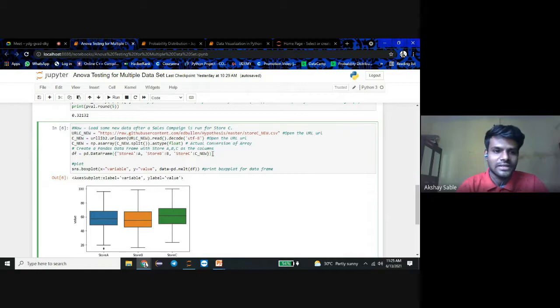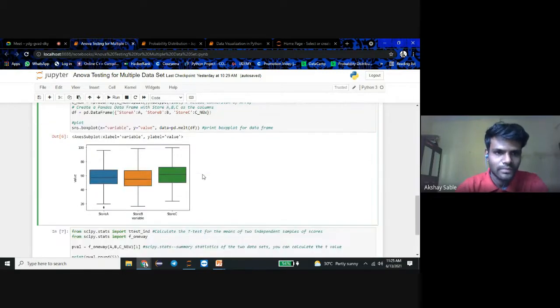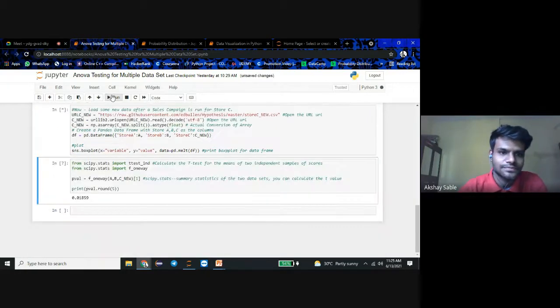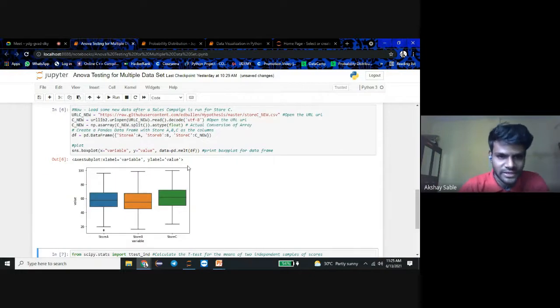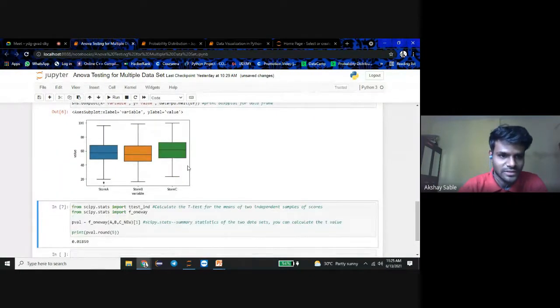And sns dot boxplot is for printing the box plot of our data frame, and we put x is equal to variable, comma, y is equal to value, which is the label of the x-axis and y-axis here. It takes a little time. Okay, we got the result now.